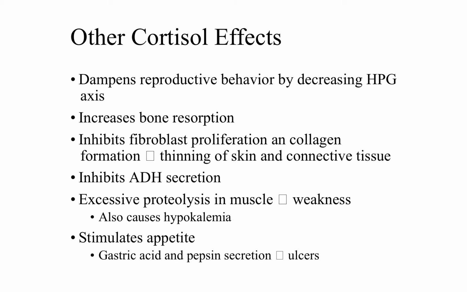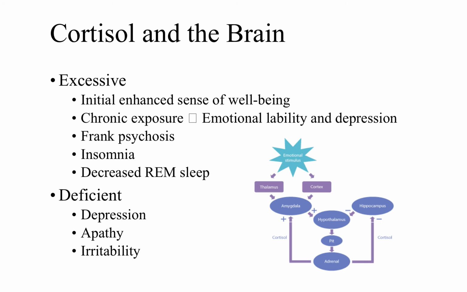So it's meant to keep you alive in the short term in case of emergency, but long term, we see things like muscle weakness, ulceration, abnormal reproductive behavior, bone thinning, tissue thinning, skin thinning. So connective tissues start to break down, and we have general unwellness. Also, at the level of the brain, too much cortisol can cause what we call frank psychosis. When something is frank, it means that it's so clear that you can see it with your naked eye. So when there's a huge amount of cortisol being released,